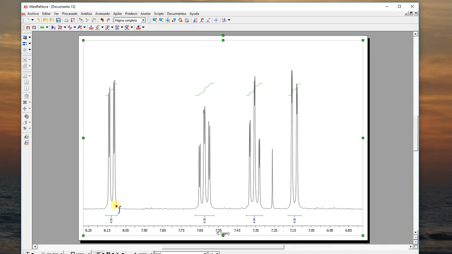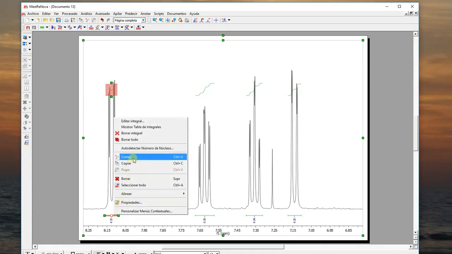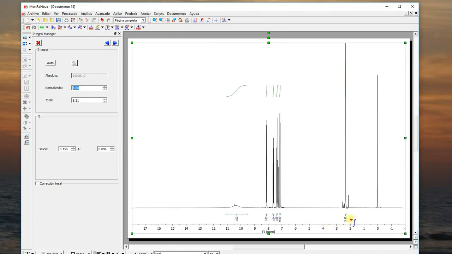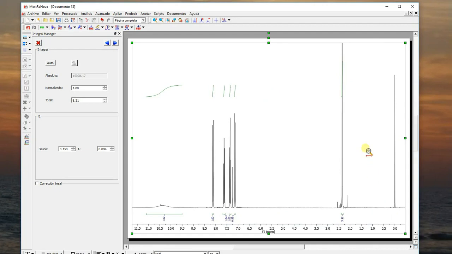So with the cursor, we place the cursor just here. We press the right button this time, and then these options appear. We say edit integral, and here we give the value that we want to give for normalizing the integrals, which is number 1, and then we press return, and we have 1, 1, 1, 1. So now we have the values which are normalized, and of course for the methyl group we have that corresponds to 3 protons. So there is the spectrum that we have,